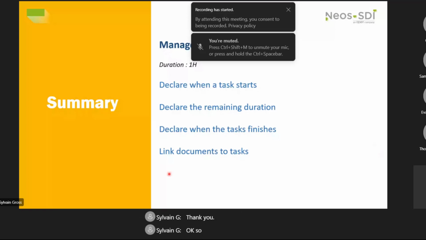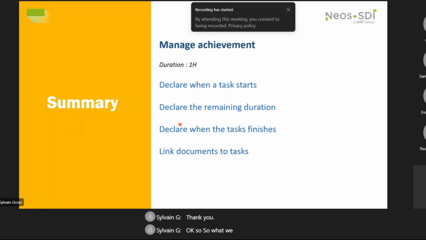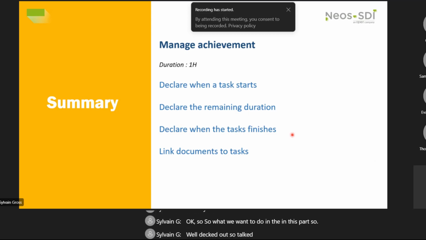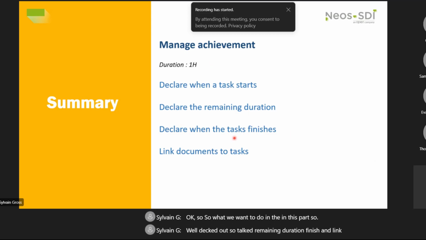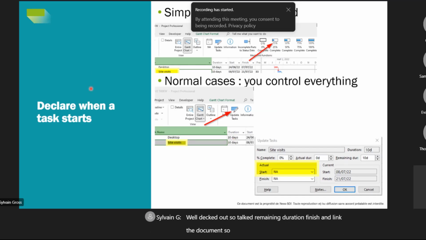Okay, so the list of what we want to do in this part: declare the start, remaining duration, finish, and link the document. So to declare when a task starts,